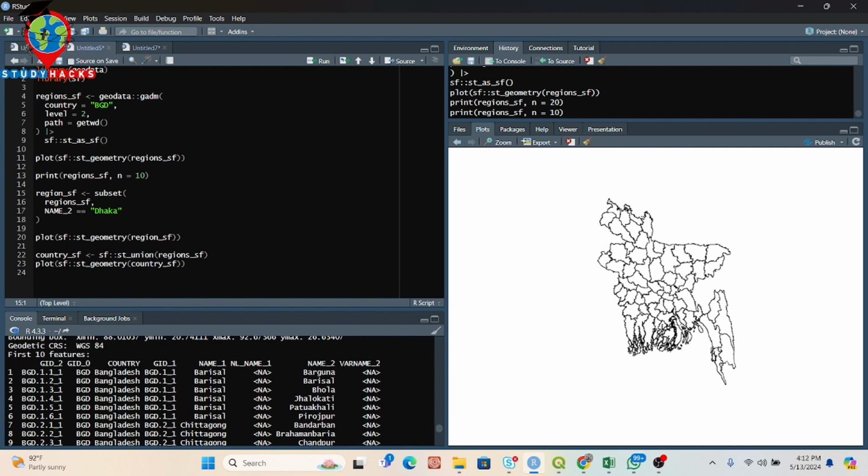Okay. So this time, from here, I want to show only the Dhaka district. Suppose I need the Dhaka district map, or the Dhaka district boundary. So what can I do? For that,